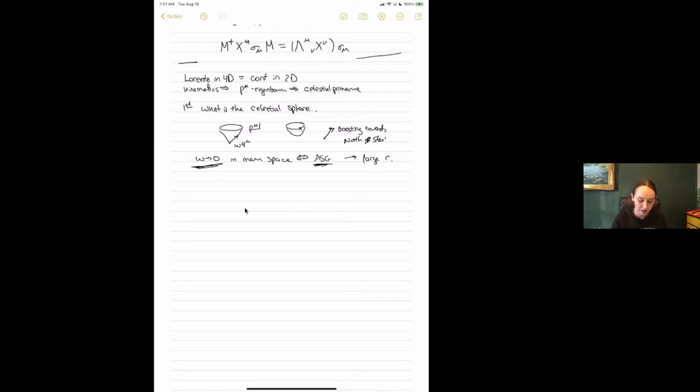But in the meantime of codifying that, we're going to see how the single particle states that I would prepare on a Cauchy slice, say at fixed time, then, when I change that Cauchy slice and push it to the conformal boundary, give me these correlators on the conformal boundary. So when I say celestial sphere, what I really mean is I have a Penrose diagram for Minkowski space, and I am looking at this sphere of the different directions of geodesics that can come to me. So let's go through this diagram and actually work it out.